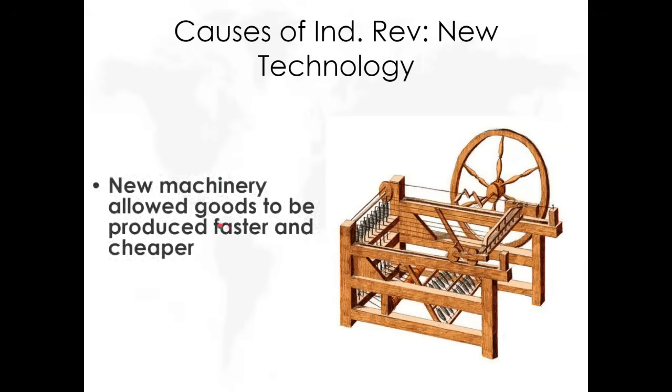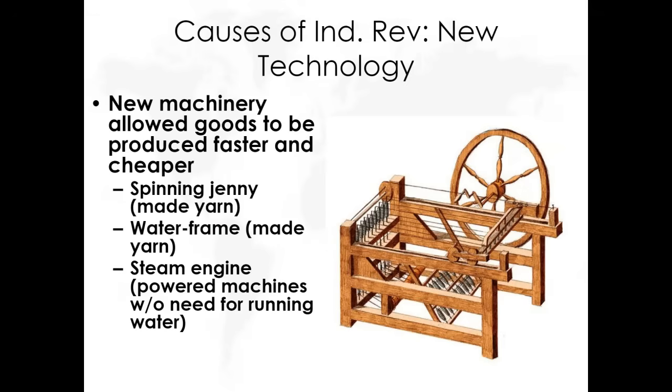All right. Some new technology of the Industrial Revolution. So the first two are all about making yarn textiles much faster. The spinning jenny is probably the most famous one. And actually today, the way we make textiles is a version of the spinning jenny. The technology really hasn't changed that much. It's just gotten faster, I suppose. But again, we can make these textiles faster, which happens to lower the price of goods.